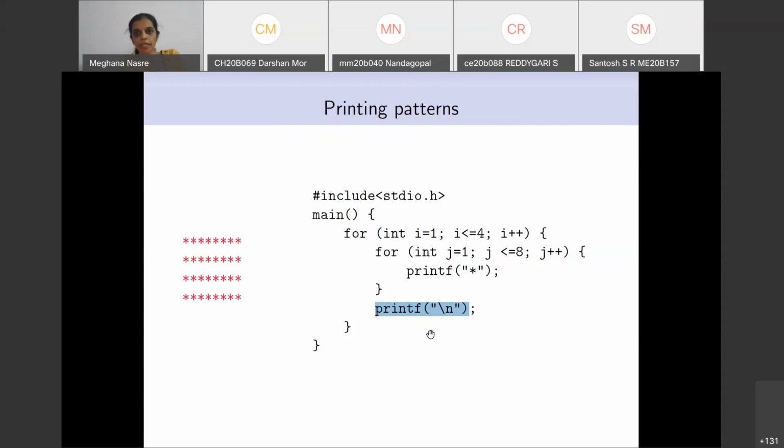So our goal in this class is to look at different tasks which require a nested loop construct, use different nestings of loops, while and for, interchangeably, but more importantly also pay attention to what happens when there is a nested loop construct. Okay, so I'll just quickly look at the chat messages.